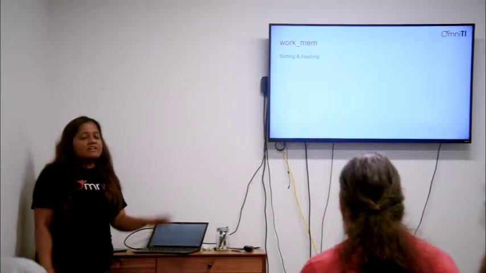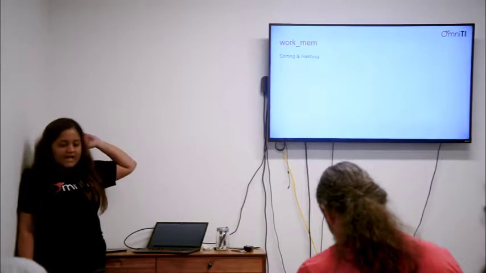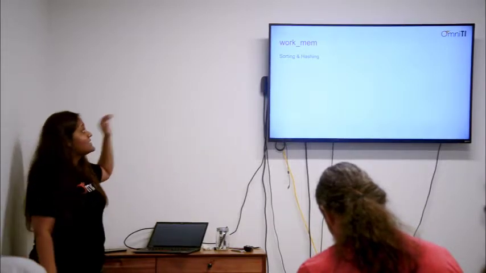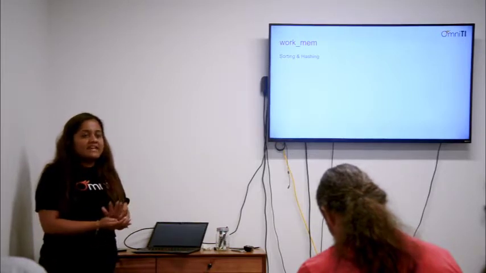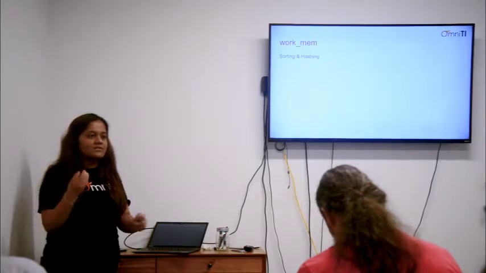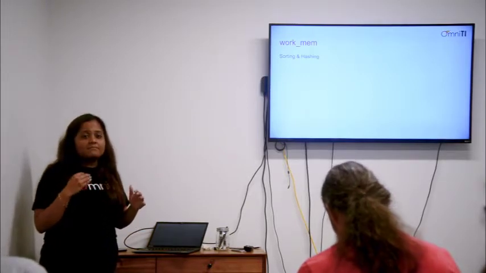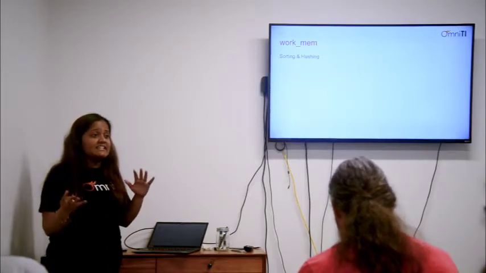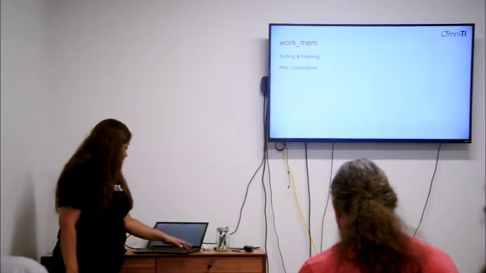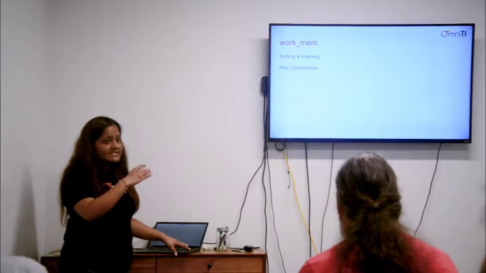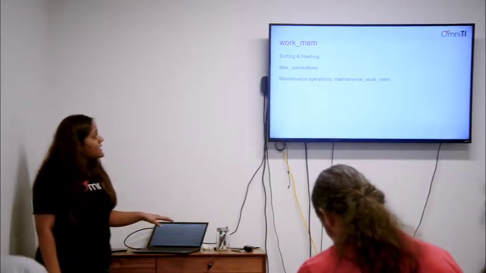Next up is work memory. Quite tricky. People have been bitten by it, but I hope by now it's well known that work mem is, first of all, the RAM that is used for sorting and hashing. So merge joins or hash joins and any other operations like those, order by, distinct. All of those operations are going to be using your work memory. The key thing to remember, again, max connections has a role to play. Why? Because